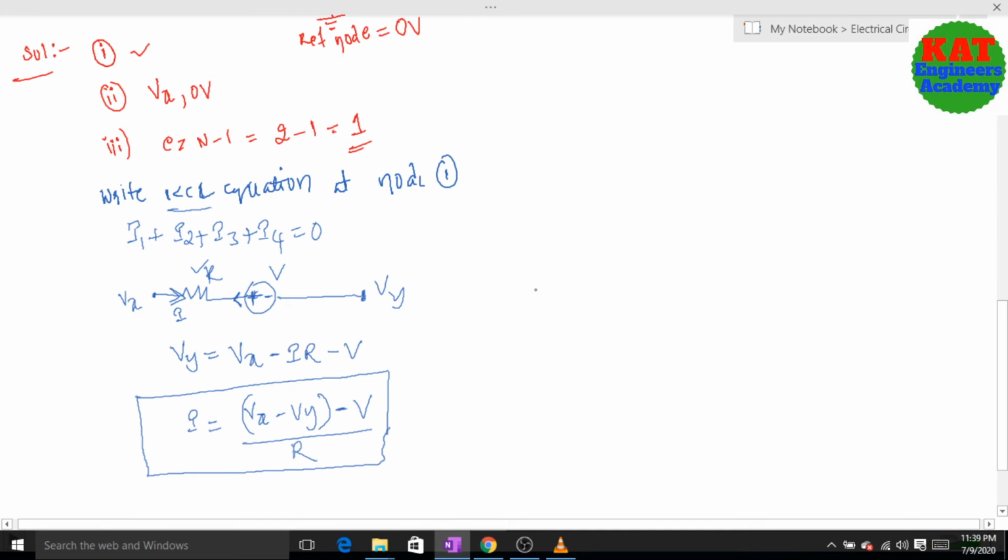Otherwise, for example, we are having two nodes, the same Vx and Vy. Here we are having resistor R. Next we are having a voltage source. For example, here they have given the negative, here they have given the positive. Now the current flowing through the resistor is I, and the resistor value is R. Now this voltage is V. Now calculate the current here. We are applying Vx, and the final voltage is Vy. So the final voltage Vy equals first Vx, the voltage we give. Next, what is the drop here: minus I into R.